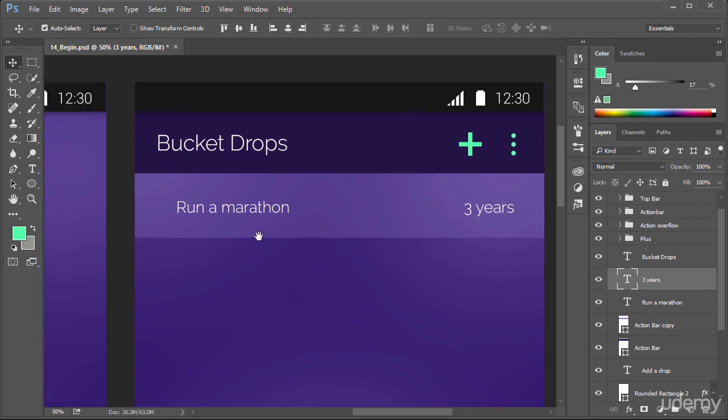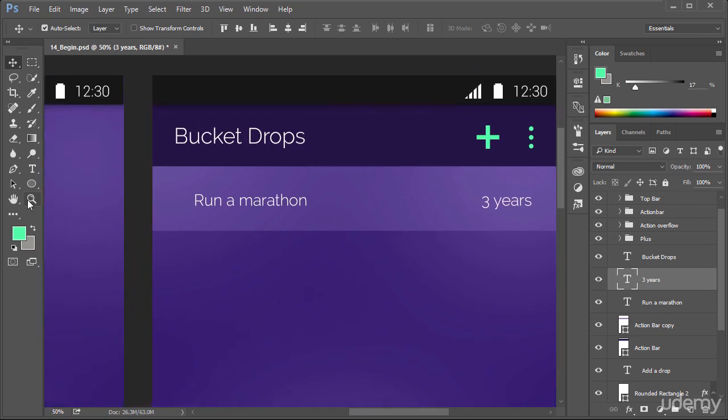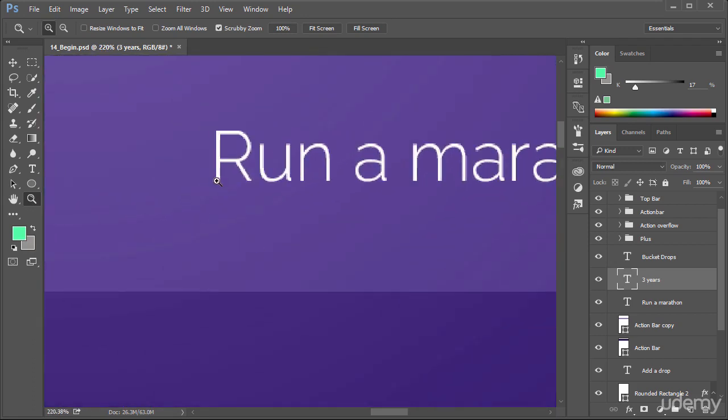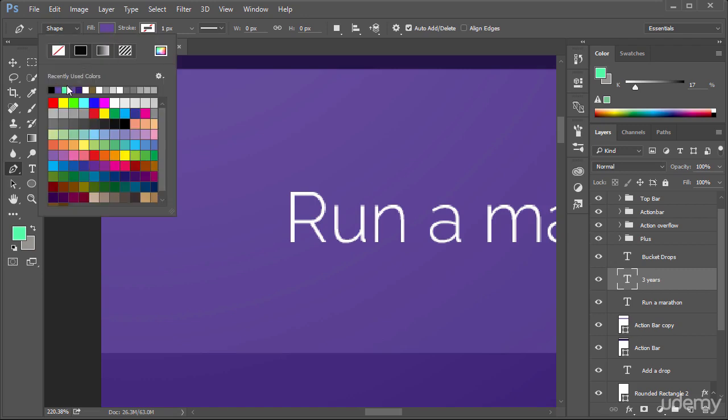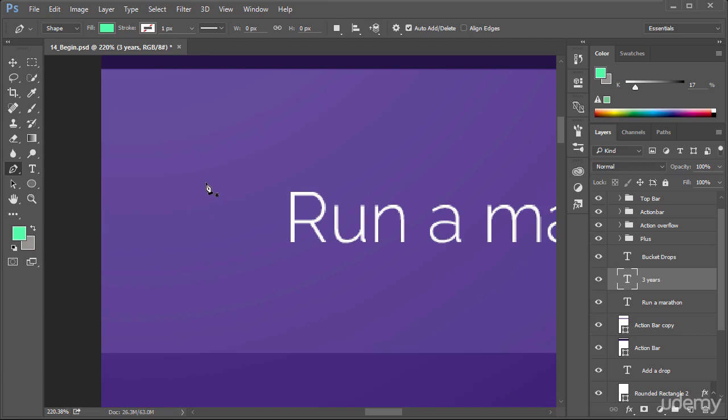And then we're going to come over here. We're going to put in a little icon that's going to be styled in this color. And it's just going to be a drop, like a water drop of sorts, something very simple, almost like this design right here. All right, so the way we'll do this is we'll take the pen tool, make sure it's in shape mode. All right, the fill color is a dark purple. Just choose this from recent colors. All right,